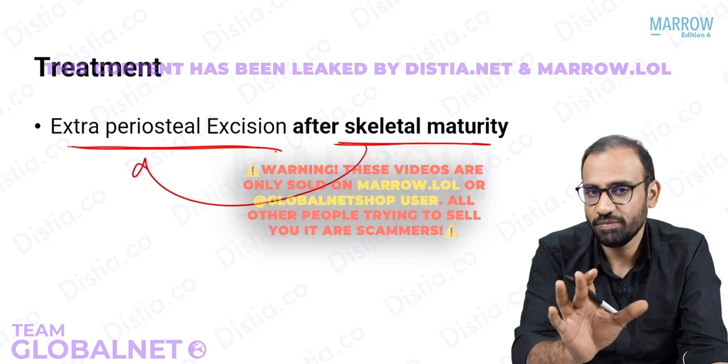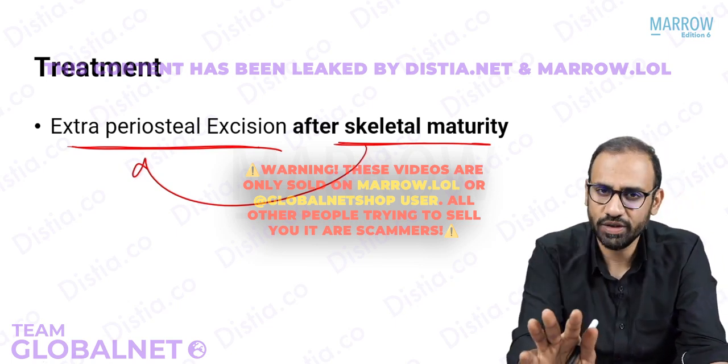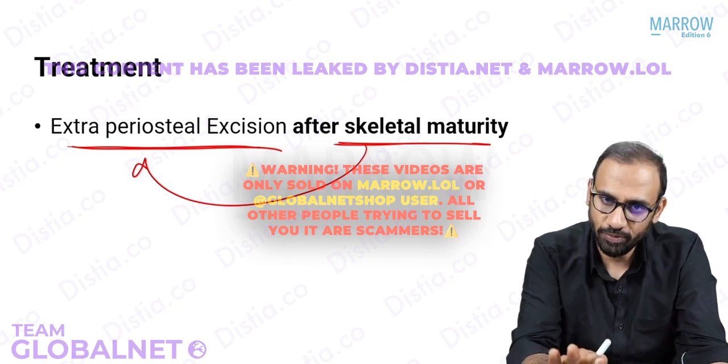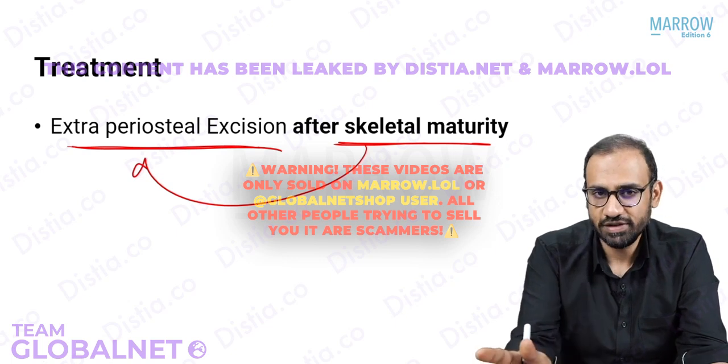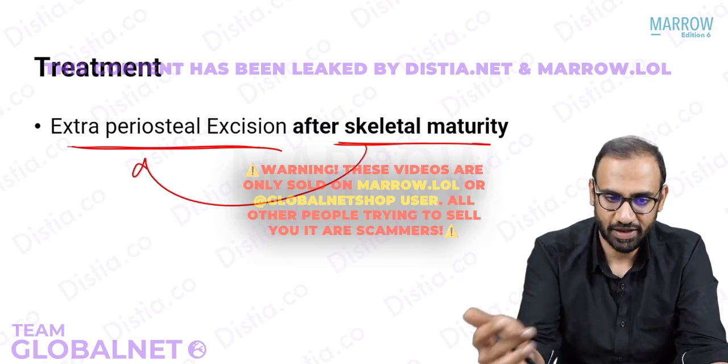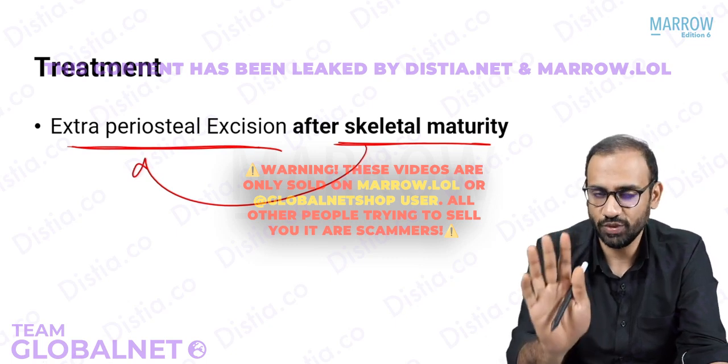So good counseling of the patient is required. Sit him down, sit his parents down, tell them, don't worry about it. It's a benign condition. It will stop growing, and once it stops growing, I will remove it. Be watchful of these things and report to me if they happen, like it starts to grow aggressively or rapidly, or the thickness increases. That is what you will tell them.